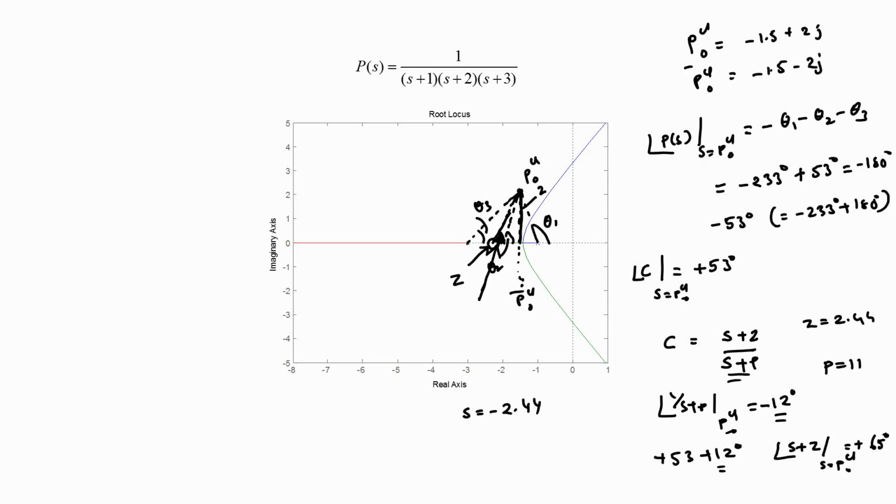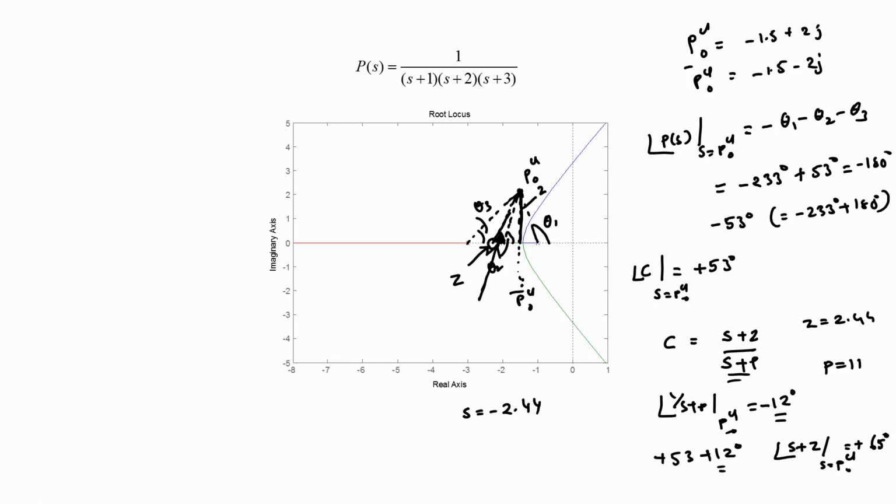Now, when we have the 0 at s equal to minus 2.44 and a pole at s equal to minus 11, notice that the pole location was rather arbitrary. We chose it to be at minus 11, we could have chosen it to be at other locations also. In practice we choose it on the basis of available bandwidth for implementation of our overall control system. So, in this case we are only discussing the theory of control design, so we shall not look at the practical aspects. So, here we have chosen to place it arbitrarily.